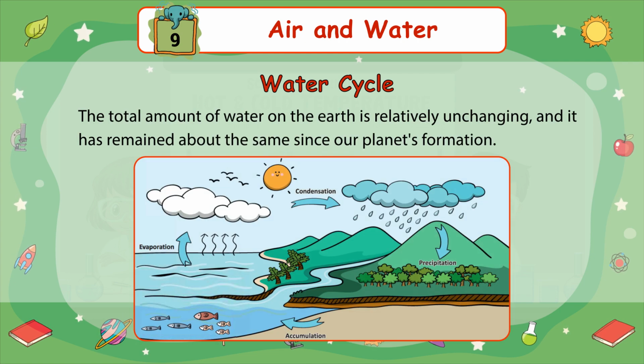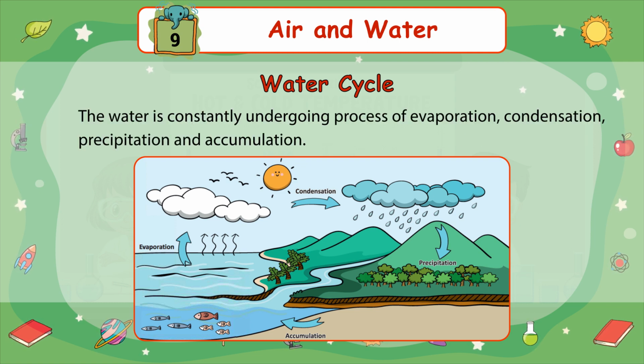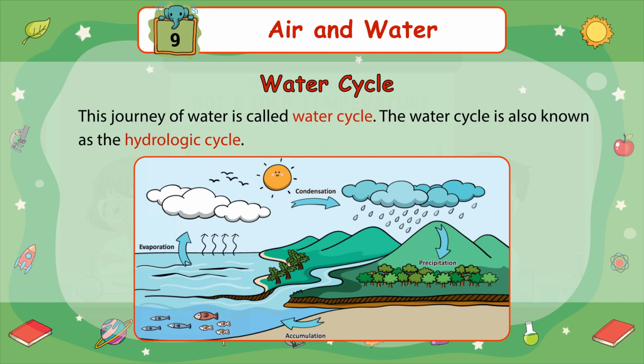Water cycle. The total amount of water on the earth is relatively unchanging, and it has remained about the same since our planet's formation. The water is constantly undergoing the processes of evaporation, condensation, precipitation, and accumulation. This journey of water is called the water cycle. The water cycle is also known as the hydrologic cycle. Evaporation,